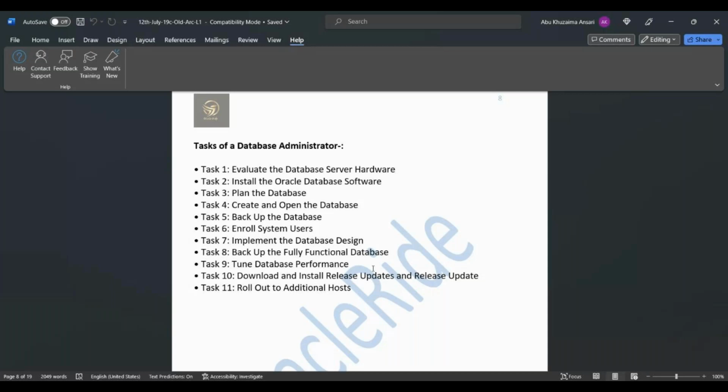You can create it by DBCA or manually. The next task is backing up the database. Suppose you create the database; after that you have to perform the backup according to the backup strategy which you have planned for your database. Also Oracle recommends that you create additional redo log files, create additional control files, and also take a full backup